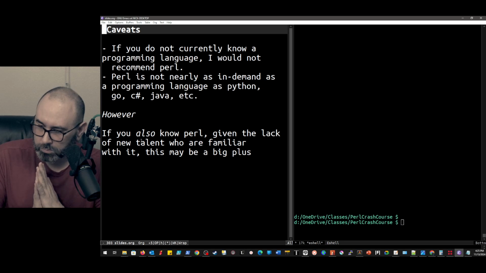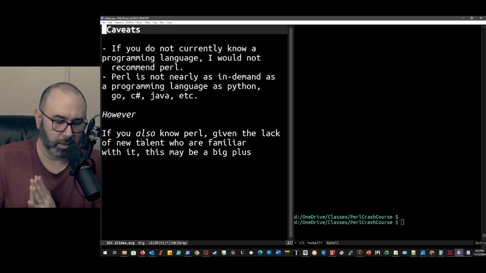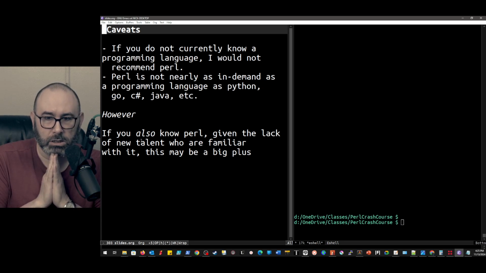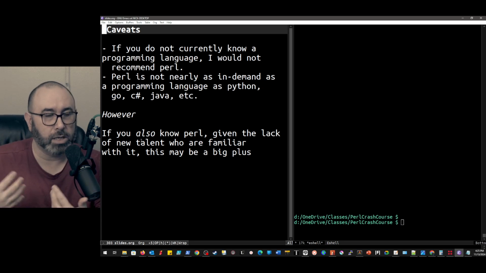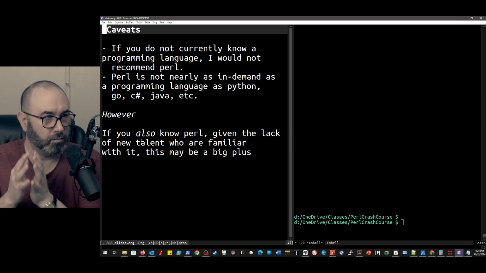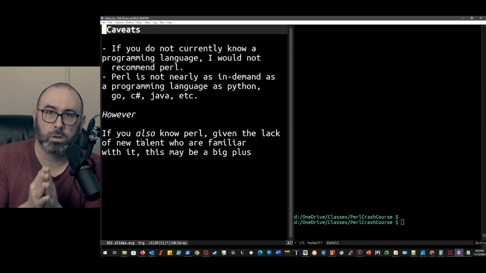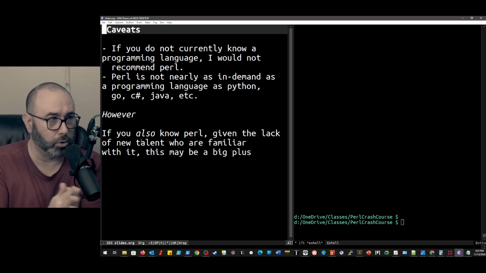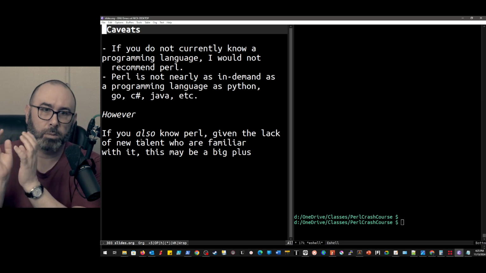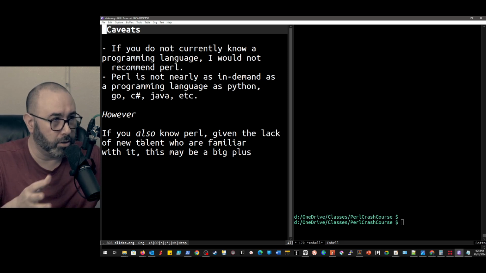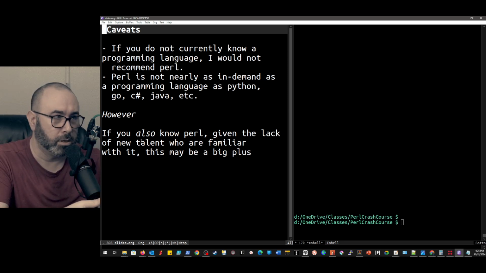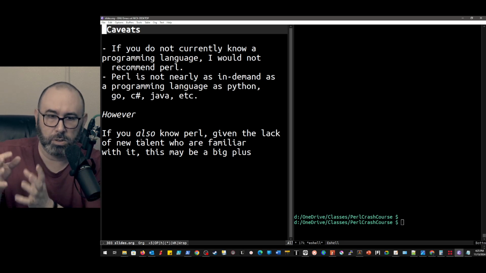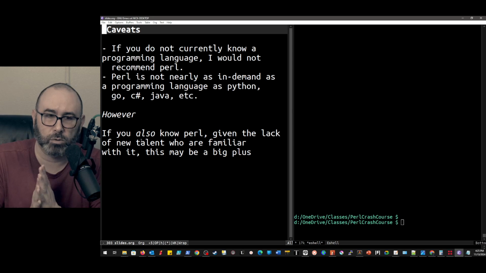Now, the one place I would say that there is a substantial career benefit to knowing Perl is the fact that not nearly as many people have been learning Perl on their way up as they used to, especially as we see the baby boomers retiring, and Gen X and elder millennials going into the managerial side of the house as opposed to necessarily being technical resources.